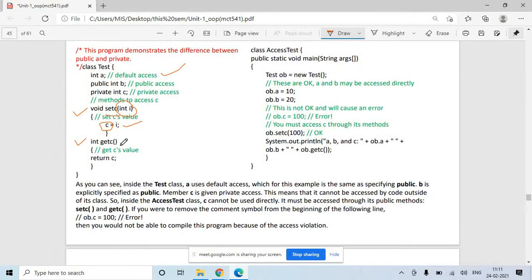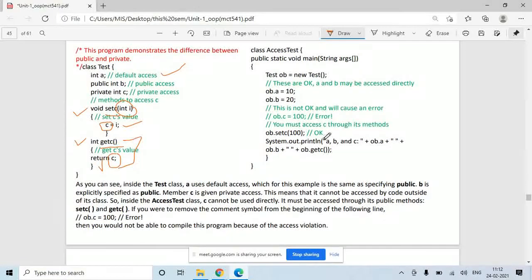The next function is getc. Now what is the logic of this function? When the user calls this function, it will return the current value of c. Let's say the current value of c is 100.